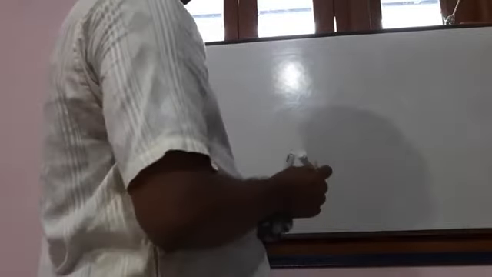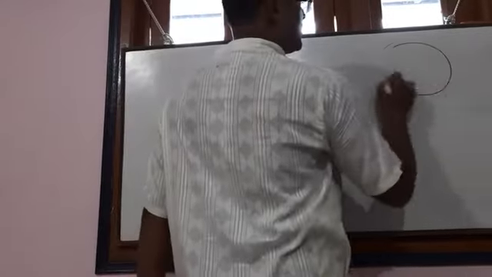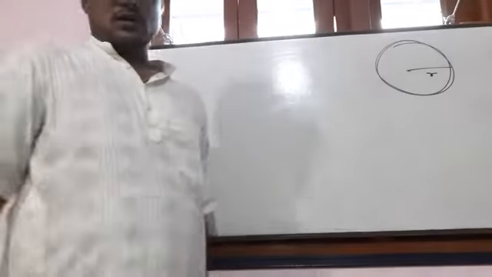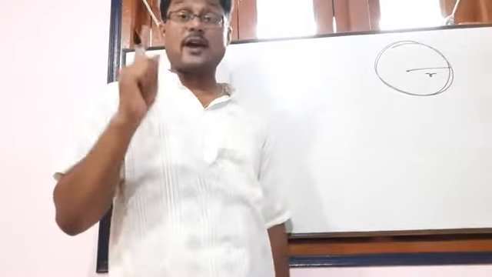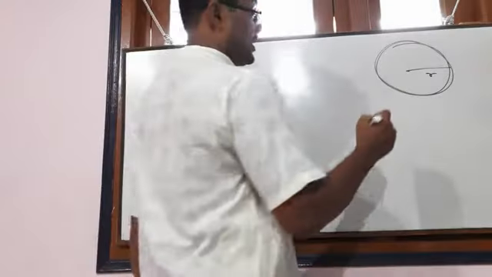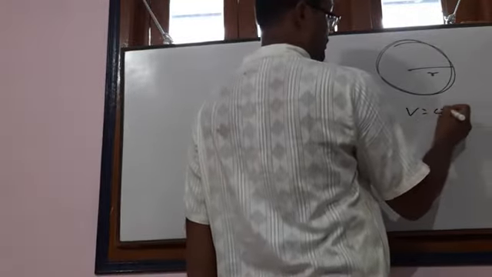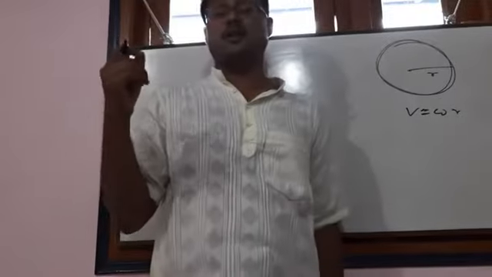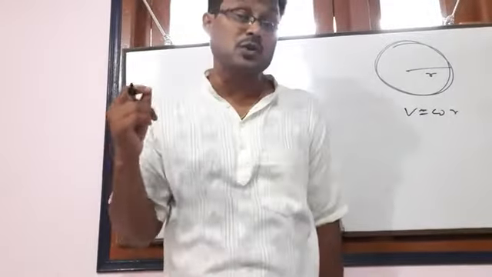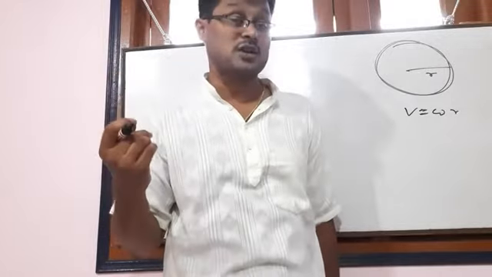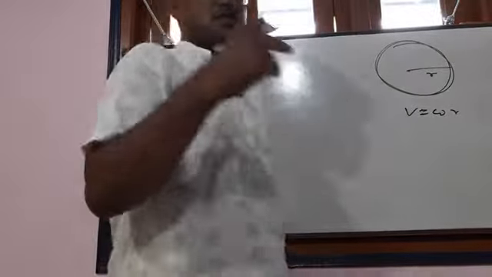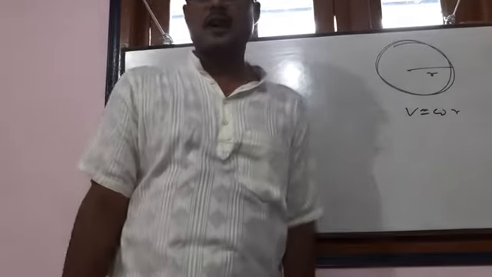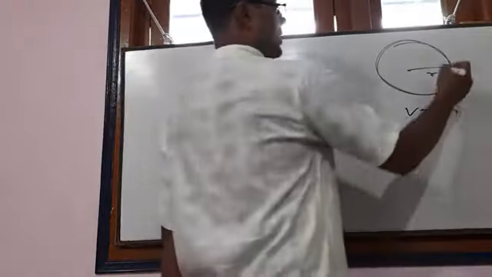Let a particle be performing circular motion with radius r with uniform angular speed, and then v equals omega r. So always keep in mind, whenever you want to prove centripetal acceleration, you have to use the phrase uniform circular motion. When uniform circular motion is there, then only we can establish the centripetal acceleration. So here the velocity direction is